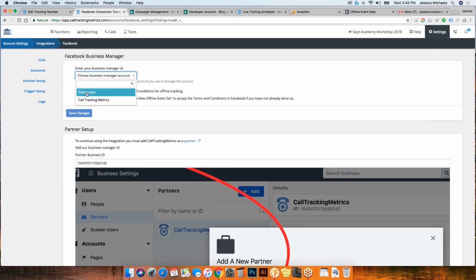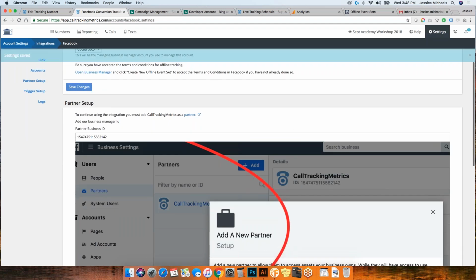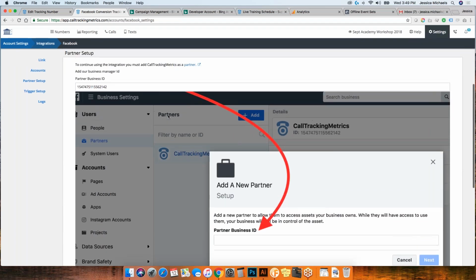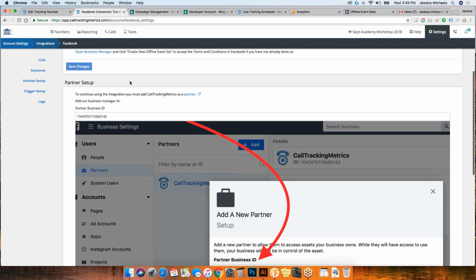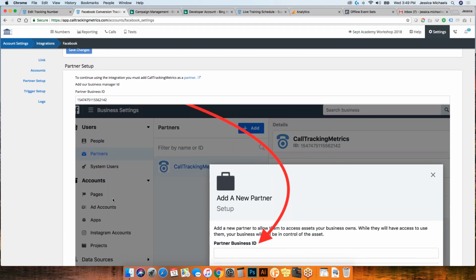I have two different ones. I'm going to say my Coco Loco one. Now, this integration works a little differently than some of our other ones. So what we're actually going to be doing is adding CallTrackingMetrics as a partner inside of your Facebook ads. So this is our partner ID.